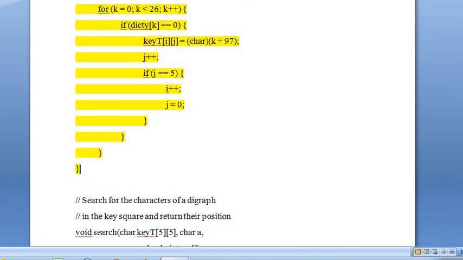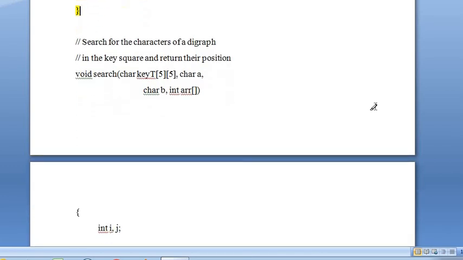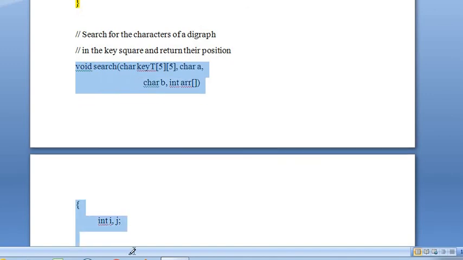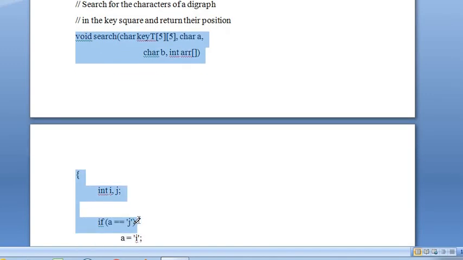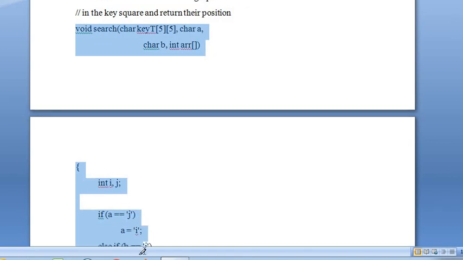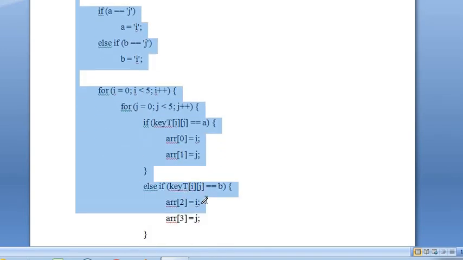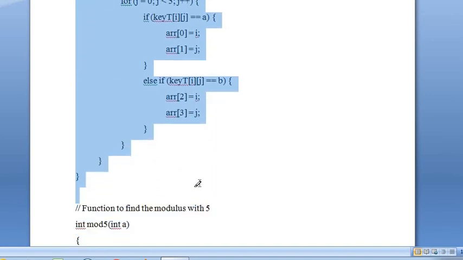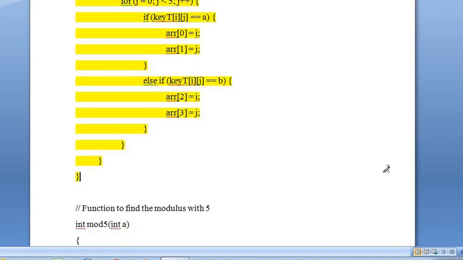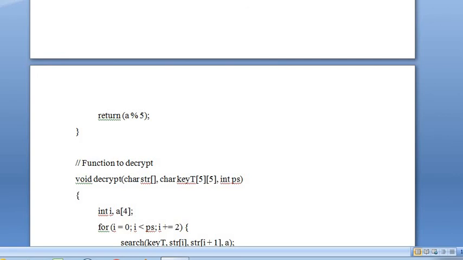And for searching, for encryption, this searches for the digraph. During the search operation, the comparison of two individual digraphs happens. For digraphs only we are converting the plain text into ciphertext. The operations on the digraph are happening here. The same row, same column, and neither row nor column conditions will be tackled here. So this is about decryption.